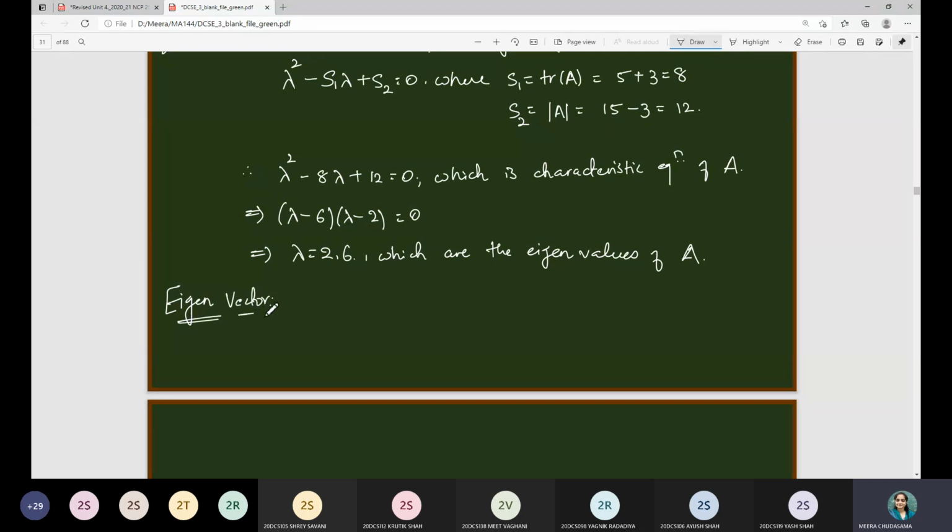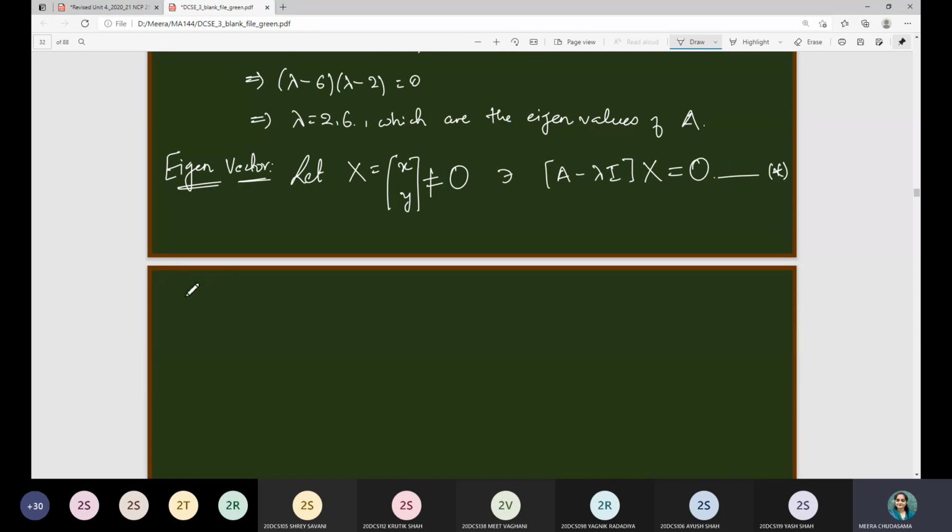Next step is the eigenvector. Now you have to stick to one pattern, that every time we will start this eigenvector case as: let capital X, since it is a 2 cross 2 matrix, so I have to consider two variables which are non-zero. Let X be this matrix such that the equation (A minus lambda I) X has to be the 0 matrix. Let me give this as star. In each case we are going to use this star equation. So here I can write case 1.